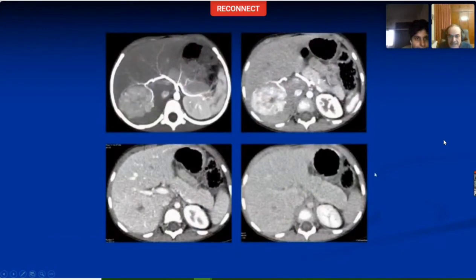Okay, Shreya, this is an 8-year-old child. Incidentally detected lesion. What do you think it is? This is a MIP image from an arterial phase. These are the venous images, and that's the delayed image. There's an arterially enhancing lesion with a central hypo-enhancing scar, which is persisting on the venous as well as the delayed images.